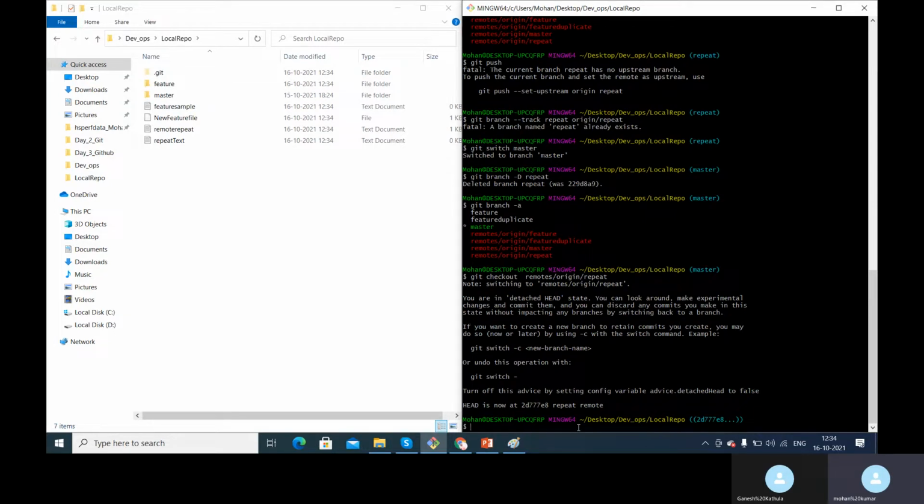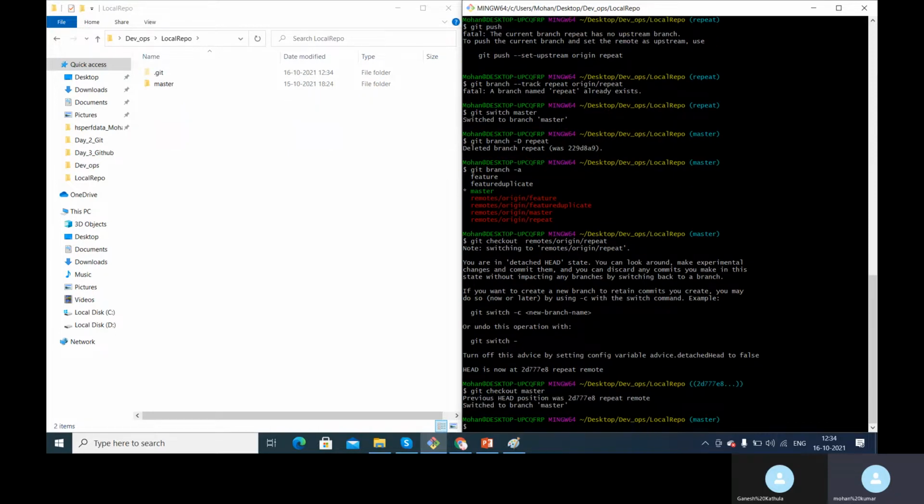So again, we will create a local tracking branch. Once we create the local tracking branch, it will be tightly tied to the remote branch, so we don't need to go to detached head, create a branch every time and then merge it. So I'll simply go back to master again, and create a local tracking branch for that remote branch.